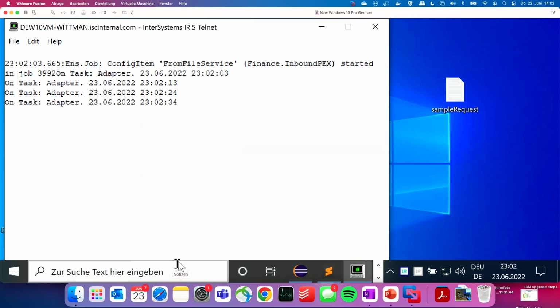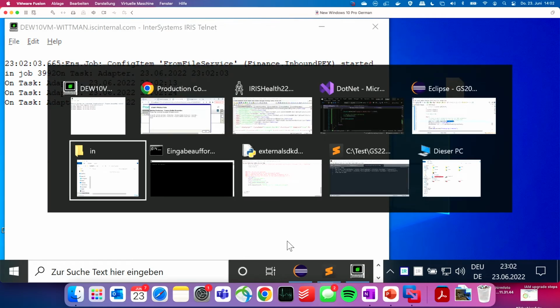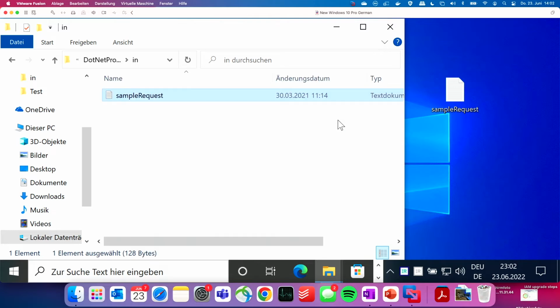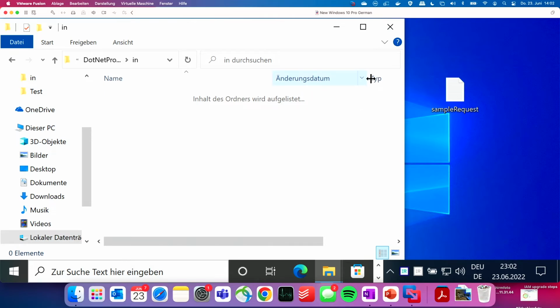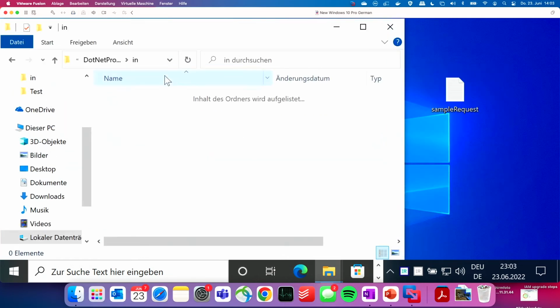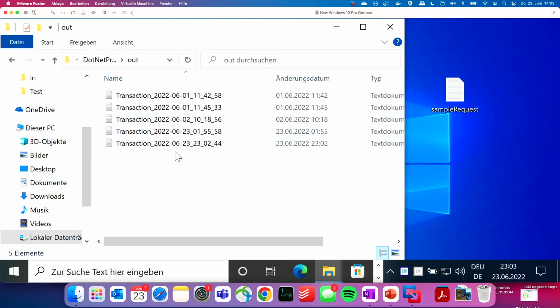So if I take a message, there we go. There it is, it's gone. And we see it here, right? So we picked up that new file, we processed it, we deleted it, okay? And hopefully, here we are. Here we see our file that we just produced with my German time zone at 11 p.m. Okay.